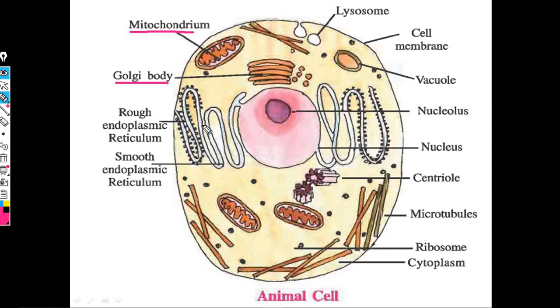Now these structures you need to differentiate from a structure called the endoplasmic reticulum. What do you mean by endoplasmic reticulum? Endo refers to within, because it is present within a cell, and plasm, that is again cytoplasm. So within cytoplasm, that's why endoplasmic, and it is a reticule. Reticule means network, so from reticule the word is reticulum. So it's a network of tubules.